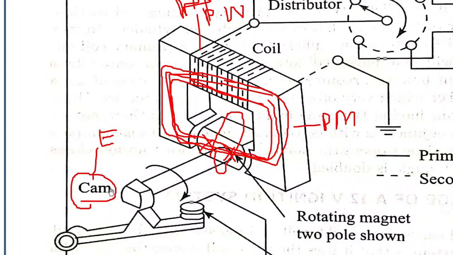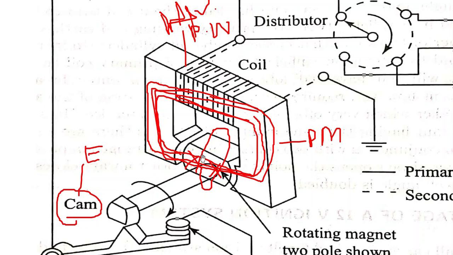See, when this cam is rotated, this flux line will be broken, and when the speed of this cam increases, the frequency of breaking these lines will increase. As this frequency increases, definitely a very high voltage will be generated. This means that at higher speeds of the vehicle, we will get higher voltage.